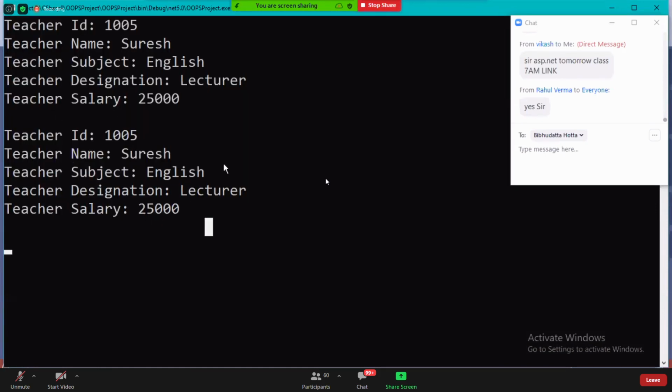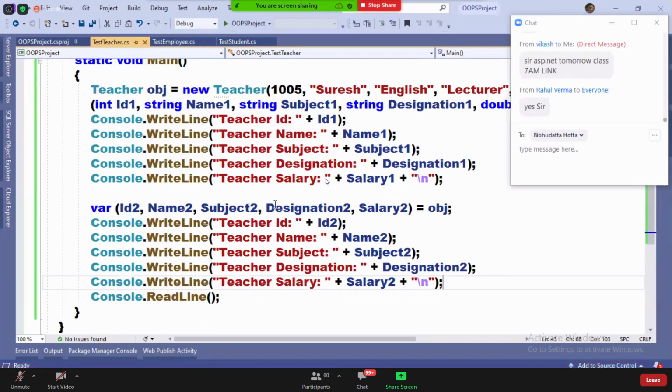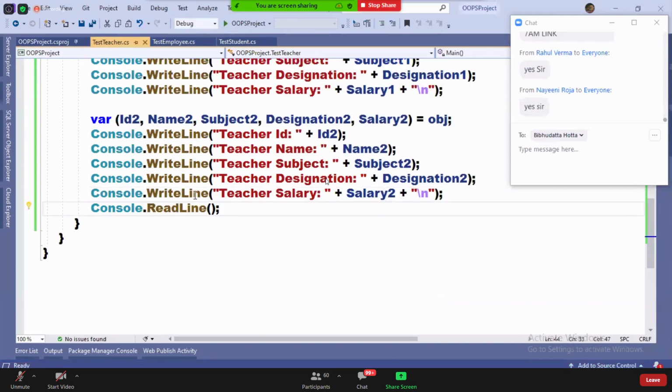Are you guys clear? Like this also we can access the values. See guys, suppose I want to get access only to particular values. I want to get access only to ID, subject, and salary. Listen all of you carefully.